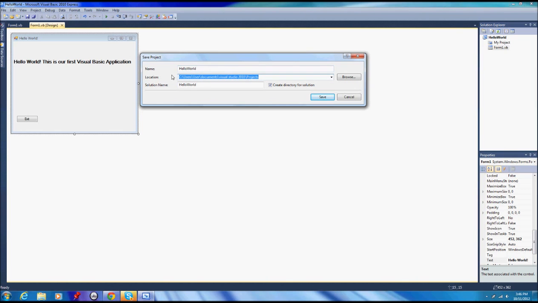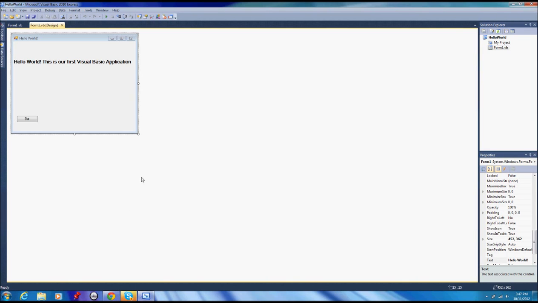The location is where you want it saved to. In this case, it's C drive, users, user, which is my user account's username, documents, Visual Studio 2010, and then projects. And this is the generic folder where it's stored by default. And the solution name is Hello World. Now, usually that solution name and the normal name are similar, but there can be reasons why it's different. But we'll go through that in a later tutorial, as it's not complicated, but it's a little bit more advanced. So we're going to go save,